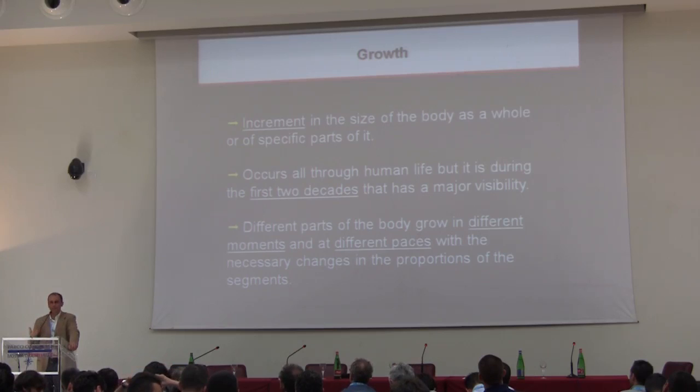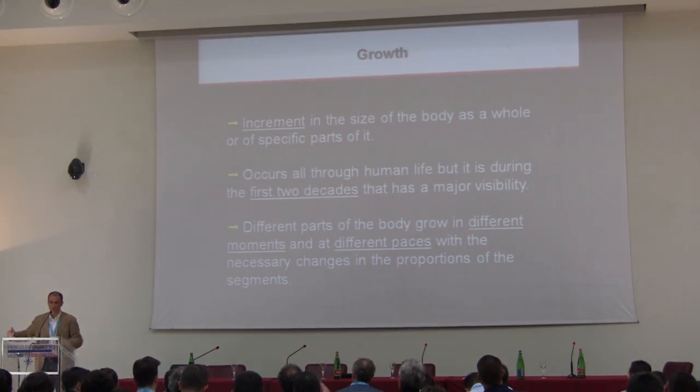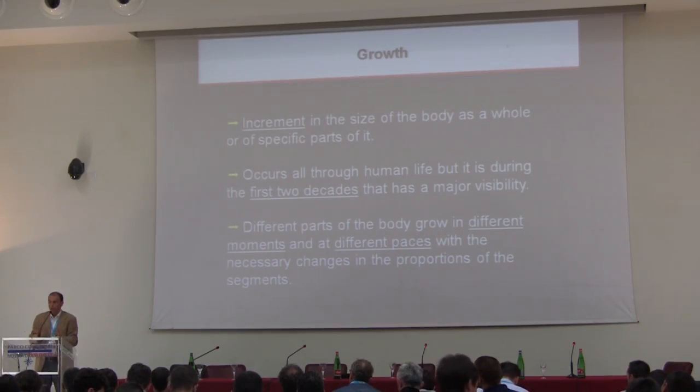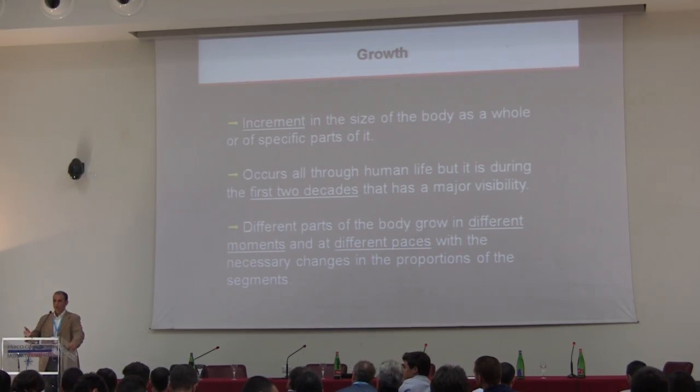Our tendency to growth is from the extreme parts of the body to the central parts of the body. First, I start to grow at a faster speed in the feet and in the hands, then in the legs and arms, and only after that in the trunk. This is the tendency of the speed of growth. This means that there will be a period where I'm growing faster in my lower limbs, my feet and my legs, than in the trunk. And this will also change